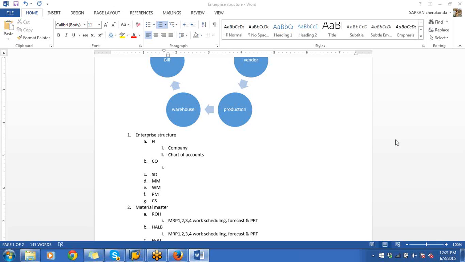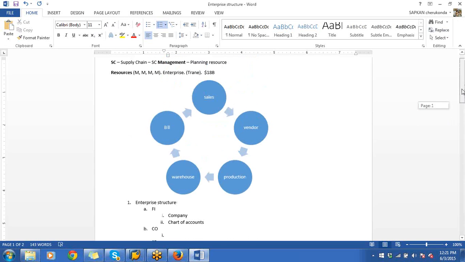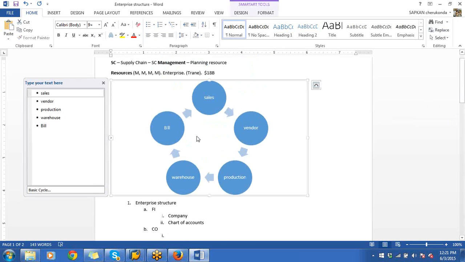Okay. Both are correct, but the clarity is: finance is external, controlling is internal. Let me explain very clearly. You see this boundary? That is your organization, the rectangle. That's where your enterprise resides. Those are your departments, sales department, vendor department, everything. So you have some external entities. Who are the external entities?